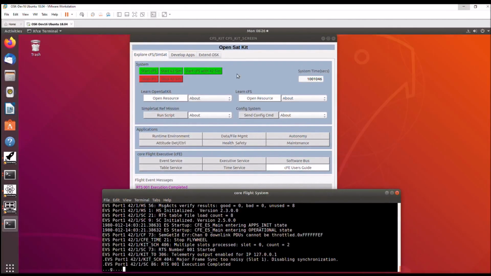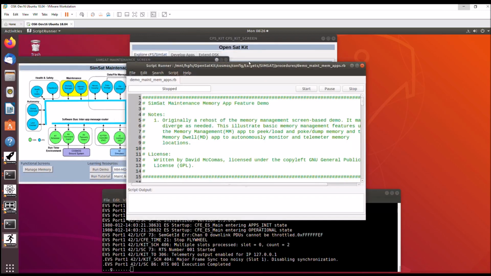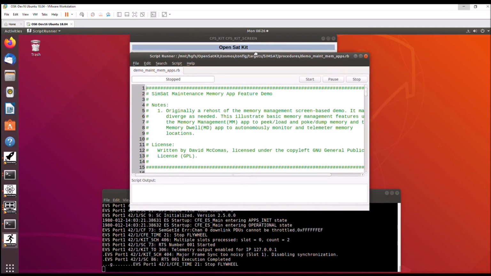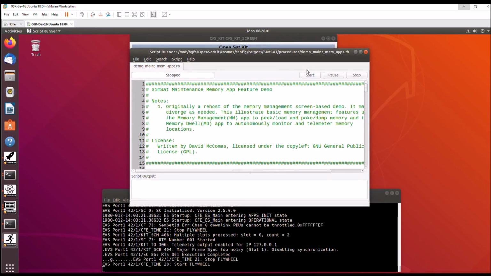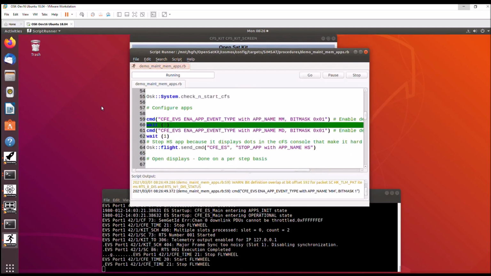I have OSK's main window showing here, and I already have the cFS running in the terminal window down here. I'm going to open up the Maintenance App Group window, and under Learning Resources, I'm going to select the Memory Management Memory Dwell demo script. When I launch that, that's going to start the COSMOS script runner, and I'm going to go ahead and hit Start, and it's going to do some setup, and during this setup, it's going to bring up two windows,